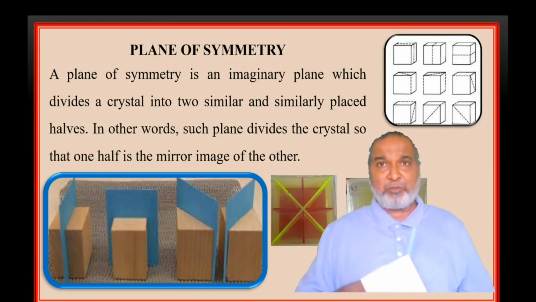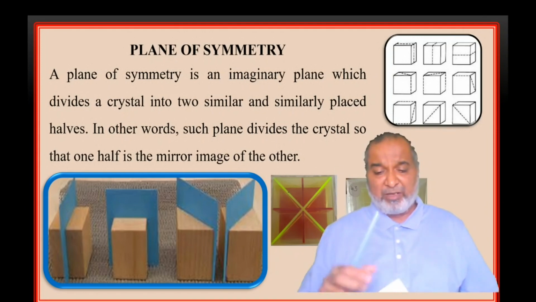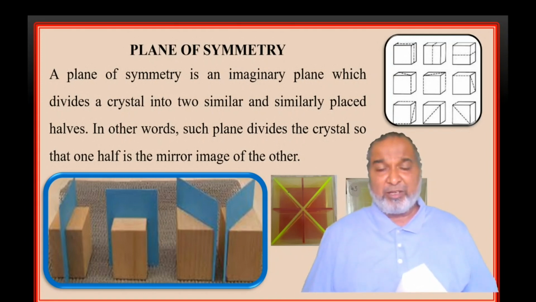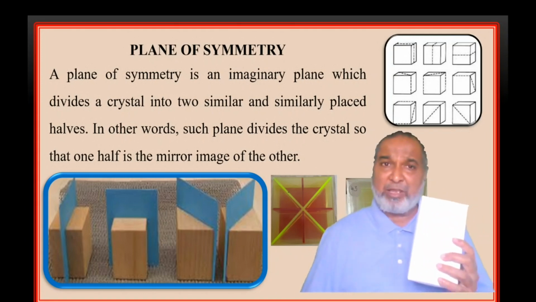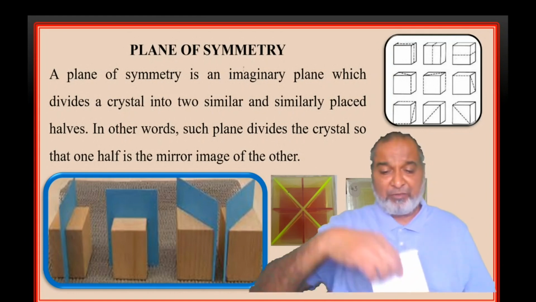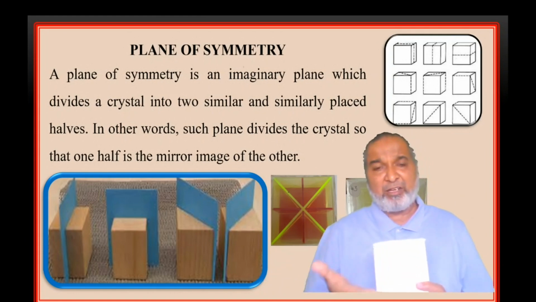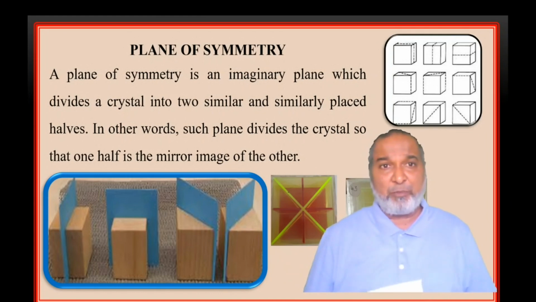So front-back is gone, left-right is gone. The same one, this is also a rectangle, this is also gone. So now in this particular model, we have just three planes: front to back, that is one, left to right, second plane, and the third one, horizontal. So in the orthorhombic system, we have three planes. I hope this is clear now.